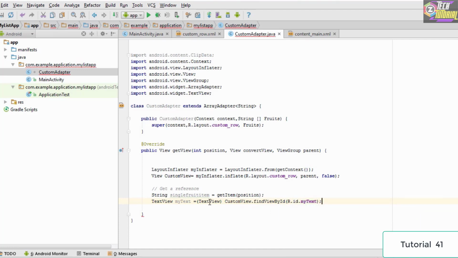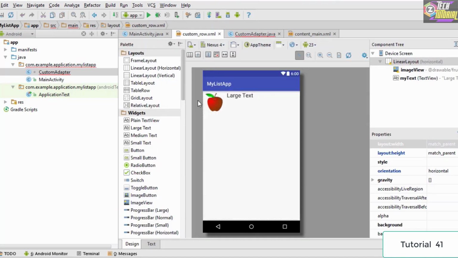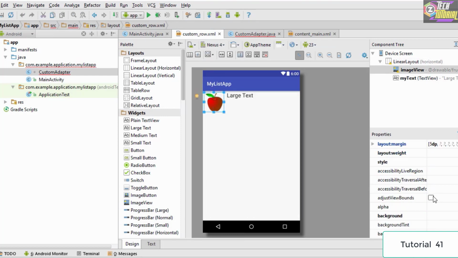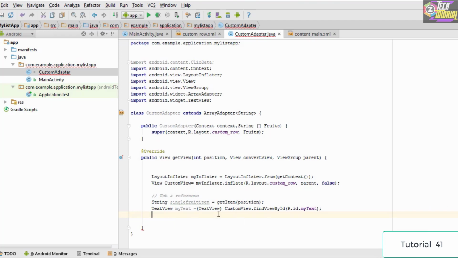Now once we have the reference to the text, the next thing we do is get a reference to our image. If we switch to this custom row and click on this image, go to ID, as you can see the ID of the image is imageView. So let's go ahead and change this ID. Let's say we want to name it myImage. So we type myImage, and we are going to reference this image in this code right here.